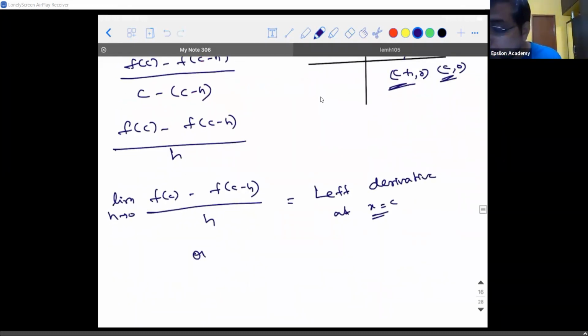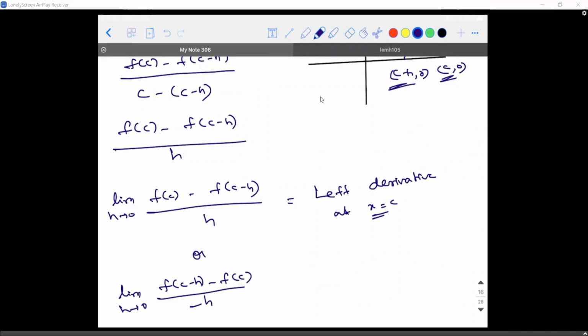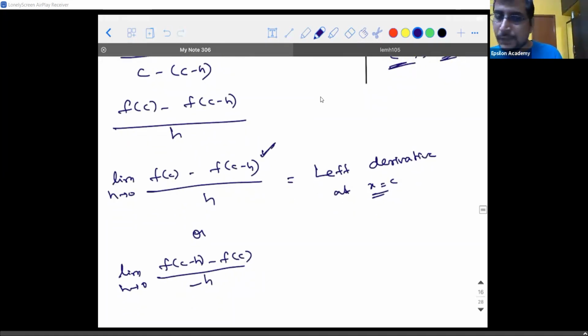In your textbook, they would have given it like this. Don't get confused. What is the difference? I just swap the values in the numerator and denominator. That's it. In the textbook, they would have written it like this, but I would suggest you go with the method I taught, because I'll tell you a method to remember it, in case you forget in the exam. If you're clear with this, I'll proceed.